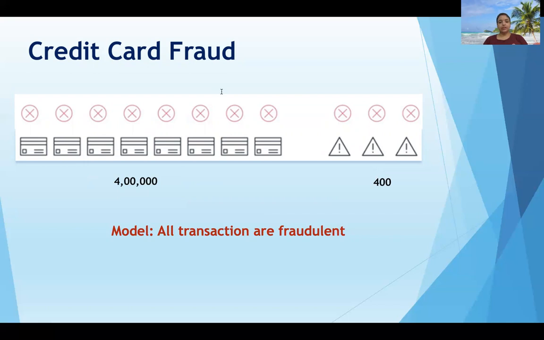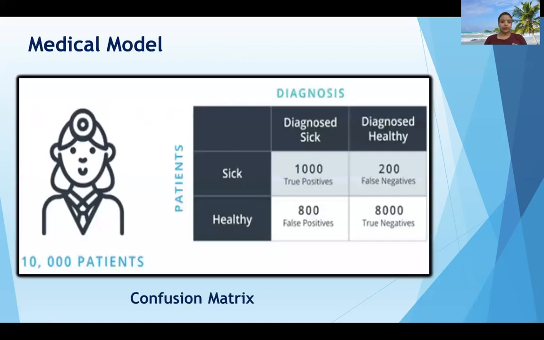just look at the accuracy and evaluate our model. So we will see different metrics that will catch these bad transactions more easily. Okay, for this we will learn more metrics that will evaluate the model. Let's take a medical model to see the different metrics, how we can find out how good the model